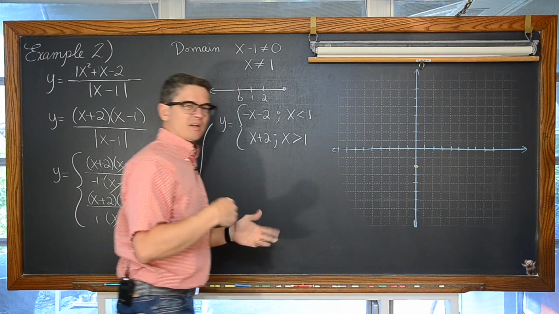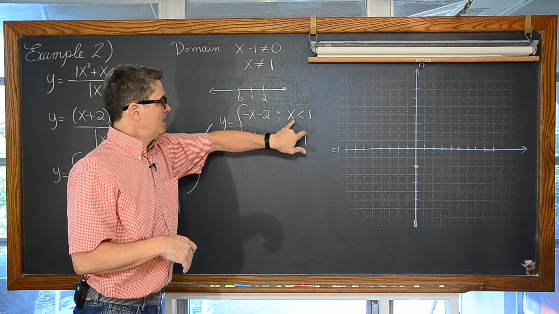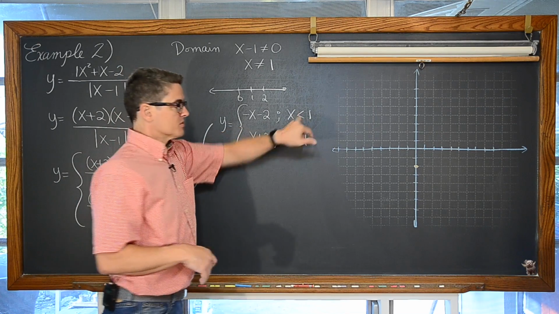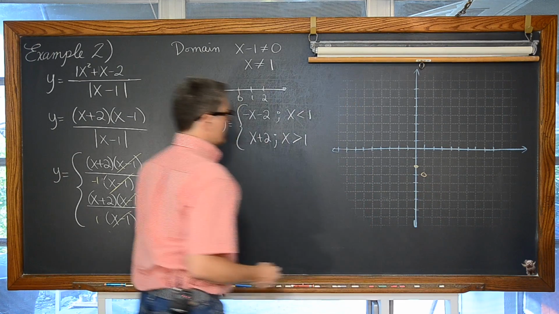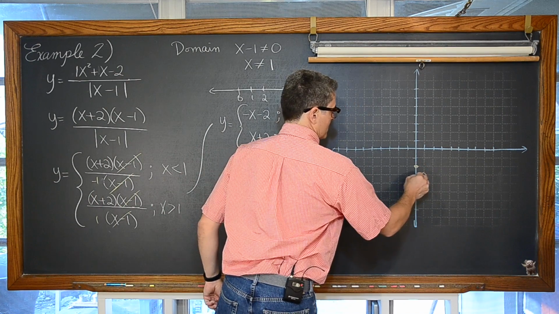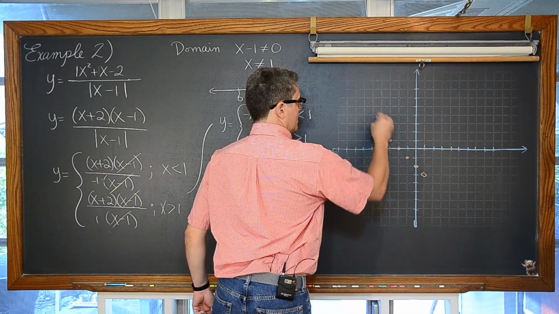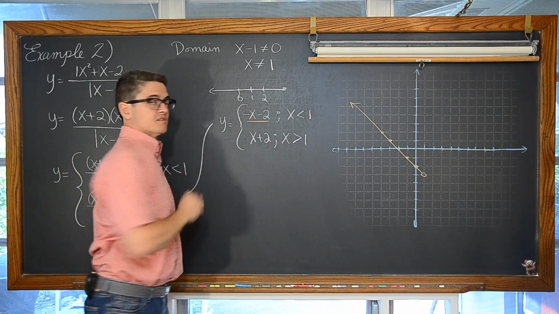Now I want to kind of just draw this and not erase it as we go, or after I'm partially finished. X has to be less than 1, not equal to. So we're not going to put a closed dot there, we're going to put an open dot. And then going in the opposite direction, instead of down 1 over 1, we're going to go up 1 over 1, and so on, and so on. And we have this. And that's the first part of our piecewise function.